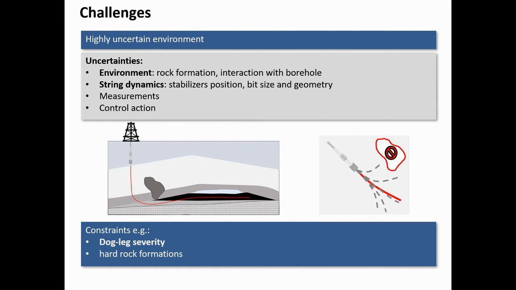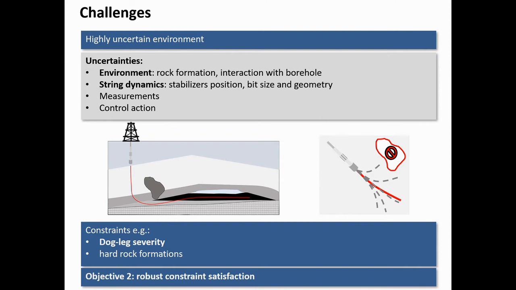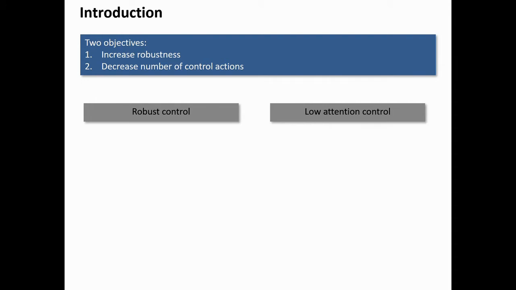What we want to do is satisfy some constraints such as dogleg severity, or, for example, we want to avoid hard formations by basically drilling around them. So the second objective we had in mind was to have a method which helps us to robustly satisfy the constraints. So keeping these two objectives in mind, increase robustness and decrease the number of control actions,